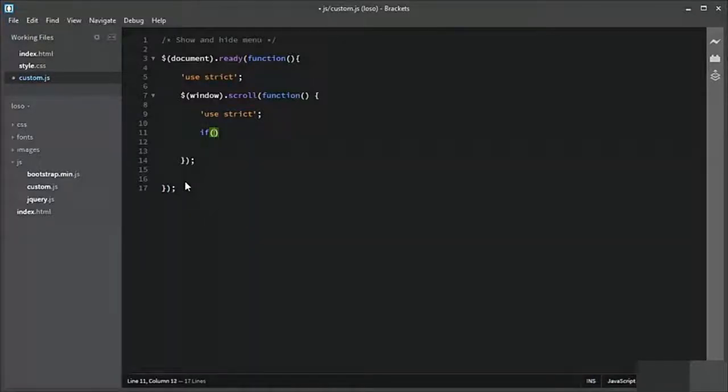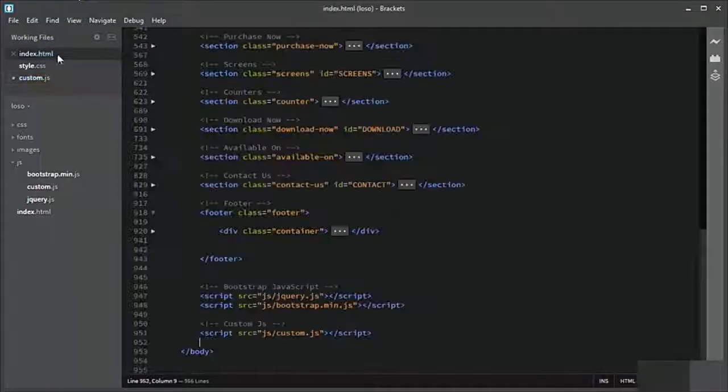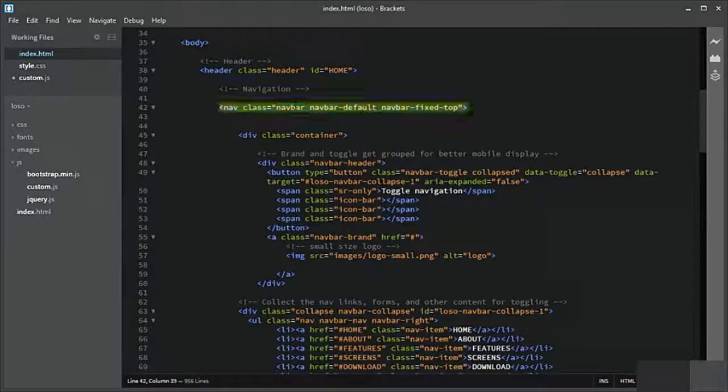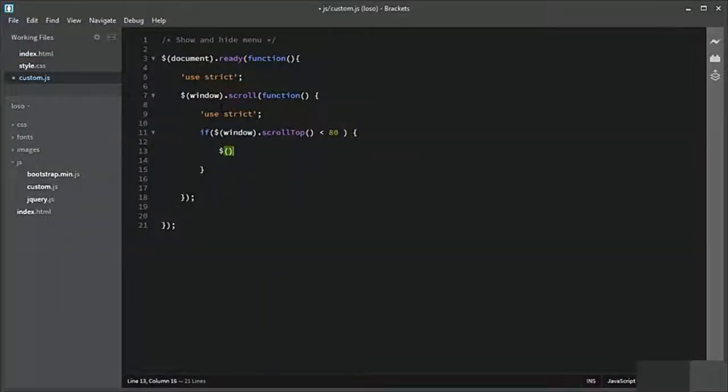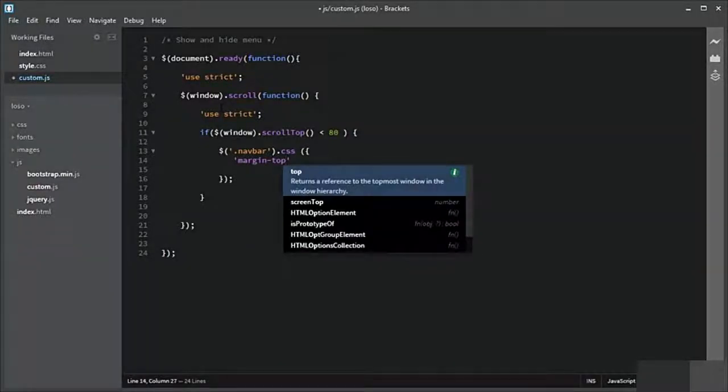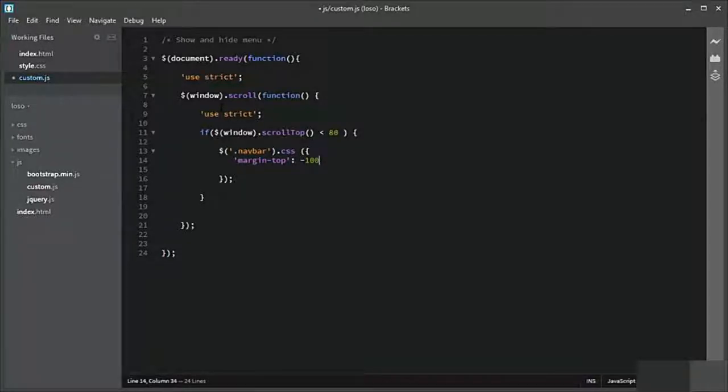And if the window object on scrollTop is less than 80 pixels, the menu bar should become invisible, and to make it invisible I need to add some custom JavaScript to add CSS, like we need to hide the navbar. So in the header section we have a class with navbar, and I will access the navbar like .navbar and .css. I will set the margin top of this element to minus 100 pixels. This is the negative margin which will make the menu bar invisible,